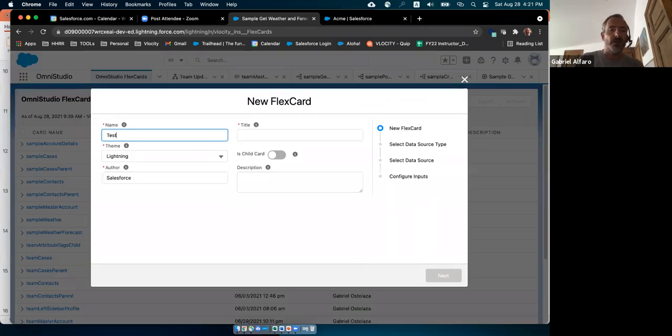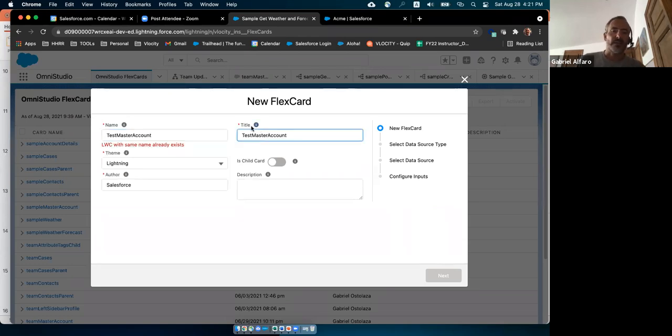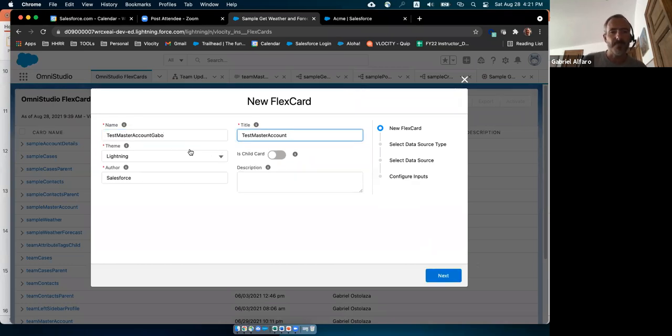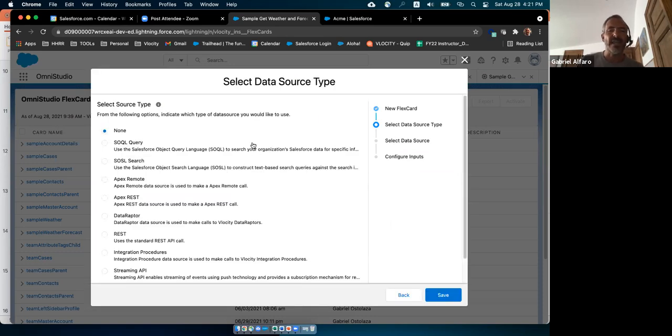When you create a new flex card, the first thing you need to do is give it a name. So I'm going to call it test master account. The title is going to be unique. Okay, this same name already exists, so I'm going to call it Gabo, whatever. And I'm going to define if it is a child card, if you want this flex card to be appended to another card. That's not the case. Now, the next thing when you create a new flex card is to select the data